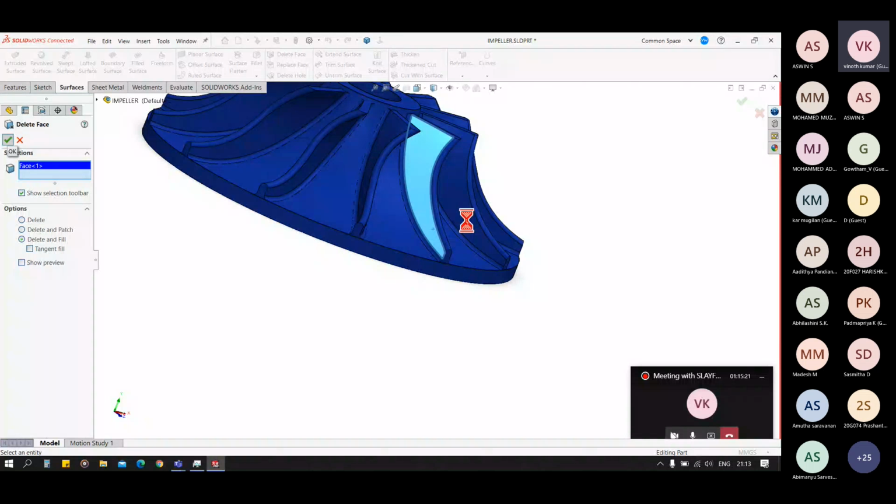Again, the system is taking a long time because it's a complex shape.